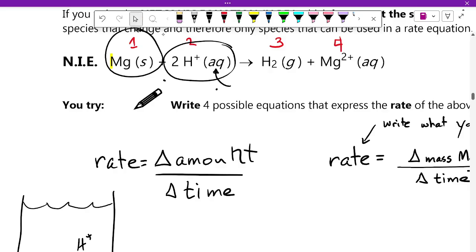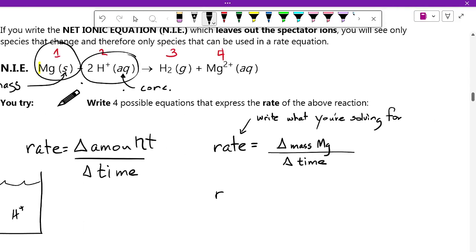Is the volume changing? No. Okay, so we cannot do volume for that. Yes? Concentration of molar. You could do concentration. Anytime you have something aqueous, you can do concentration. So concentration is good for aqueous, solids is good for mass. All right, so we could say rate is equal to,